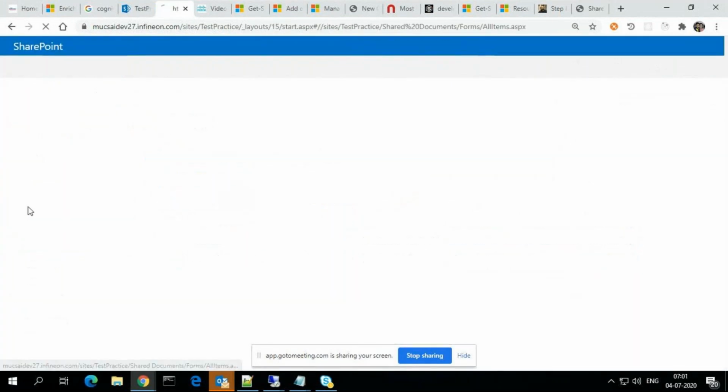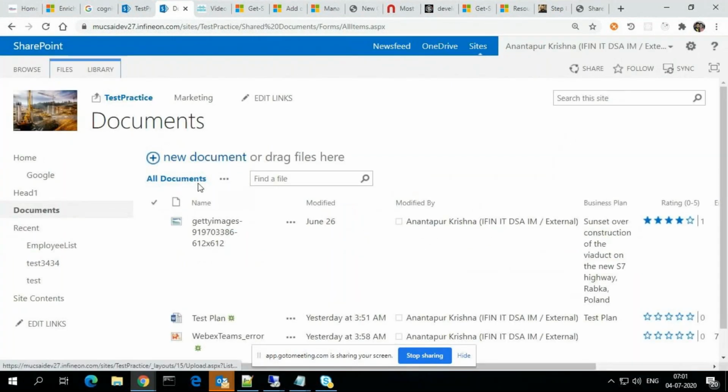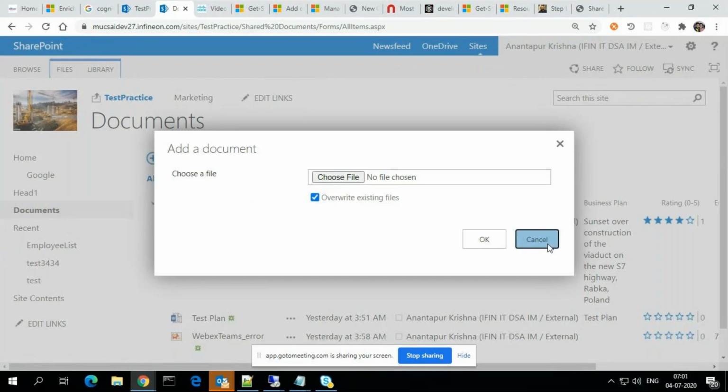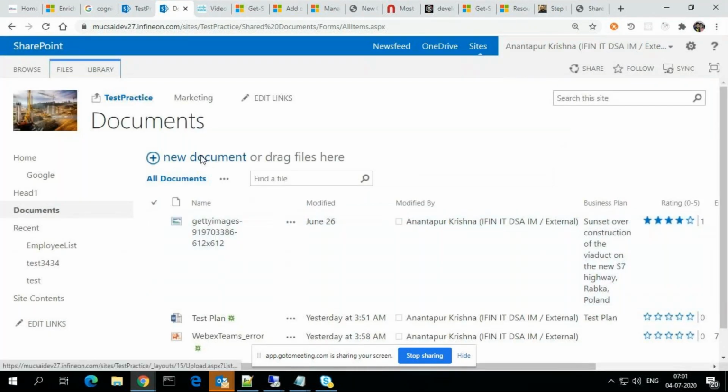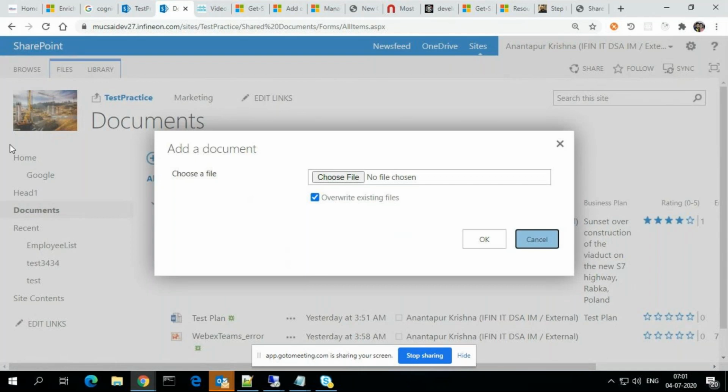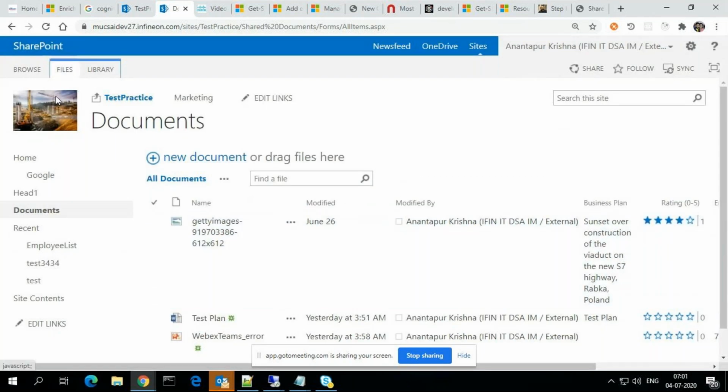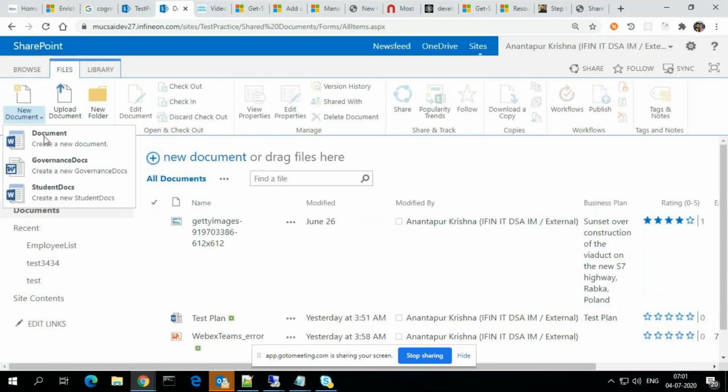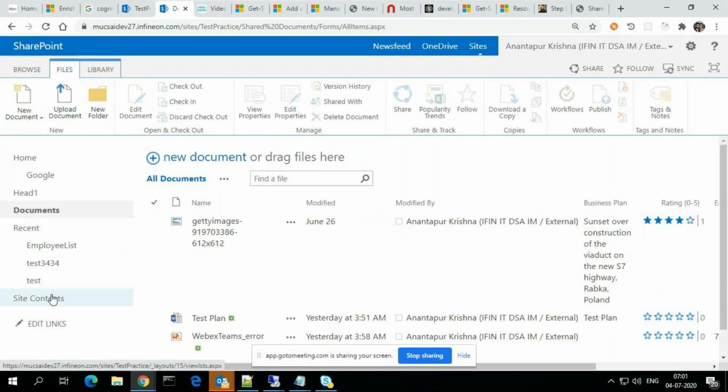We go to documents and we'll see. So it will not allow, I think. If you go to new files, can you just go to that site content and can you try once? Site assets. Sorry, can we go to that site assets and can we try to upload this script file? Let's see what it says.